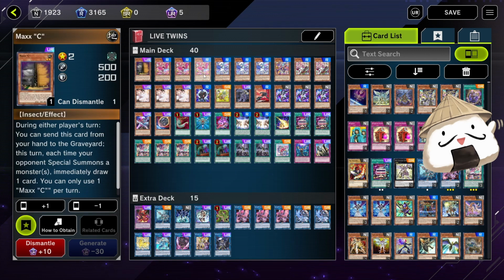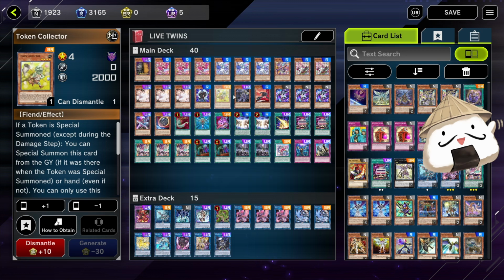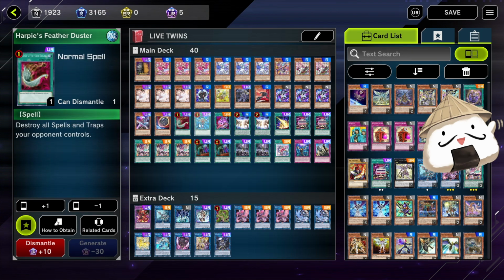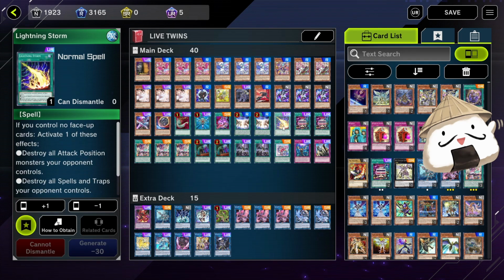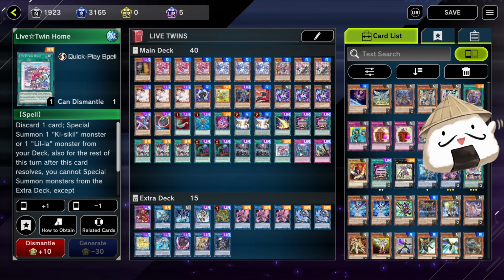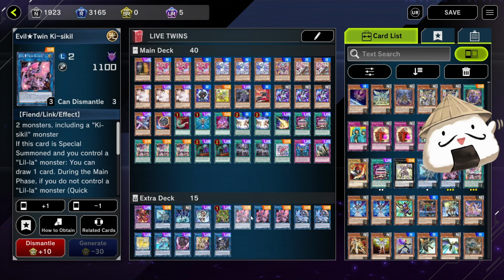What I'm running is 1 Maxi, 3 Leelas, 3 Kisa kills, 1 Treat, 2 Frost, 3 Ash, Celestial, Collector, Scythe, DPE package, 3 Exceeds, the boss monster, Nibiru, Duster, Reborn, Avarice, 2 Fusion Destinies, Lightning Storm, 2 of the Secret Passwords, and 3 Snitches, 2 Call Buys, 2 Droplets, 1 Tome, 1 Imperm, 1 Solemn Judgment, and the extra deck is DPE, Disciple, Devotee, Masquerina, Verde Arcande, 3 Kisa kills, and